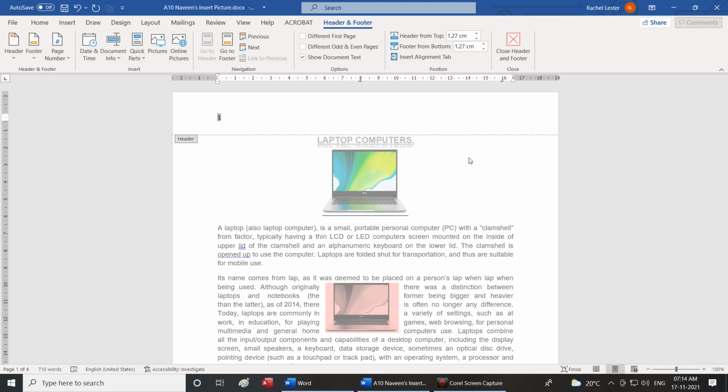Options group. 5. Position group. 6. Close header and footer group, or close group.